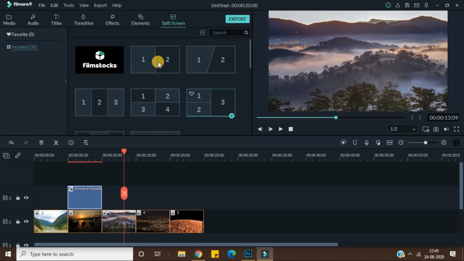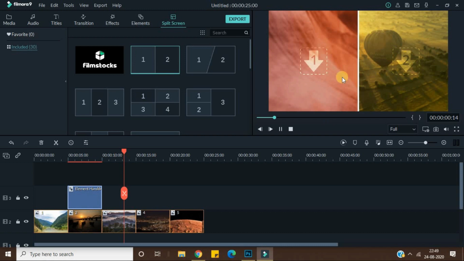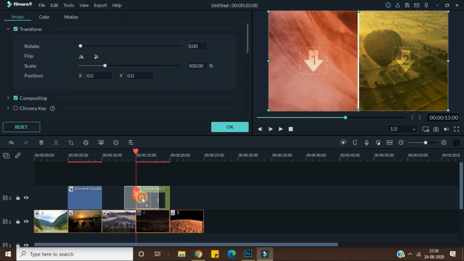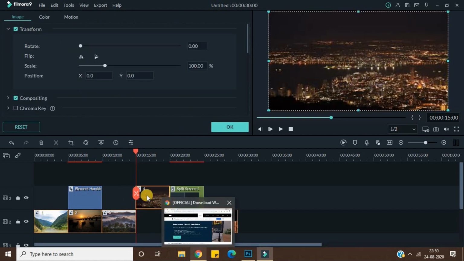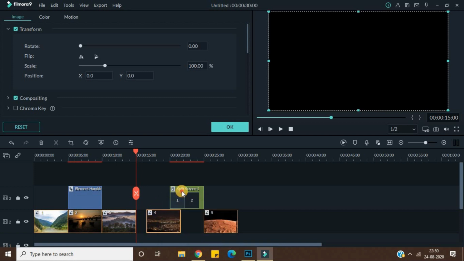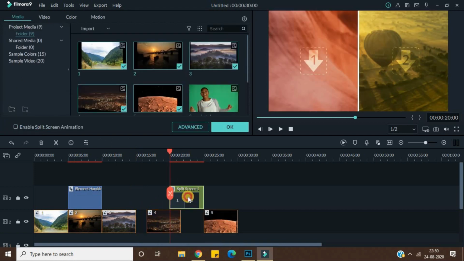Then there is a split screen thing. You can just double click on them and you can check that this is screen 1 and screen 2. If you want to show multiple videos or multiple images on this video, you can just use them, and then you can select it and just double click on them and enable this. You can just enable the split screen animation from here,